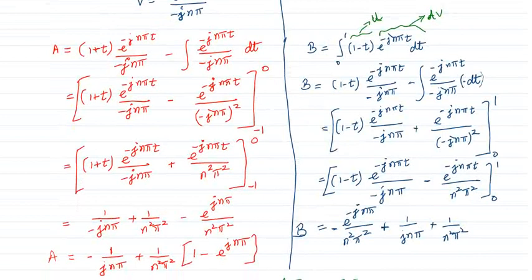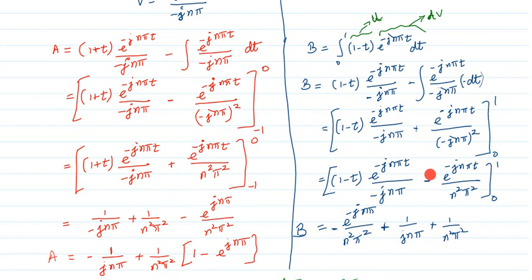Next I have to integrate this. Integrating this, again you will get in the denominator another minus j n pi, so it is whole square. The limit is 0 to 1. Now we substitute, as I said earlier: minus 1 square is minus 1 squared, which becomes plus, and j square is minus 1, so we are getting a minus here.